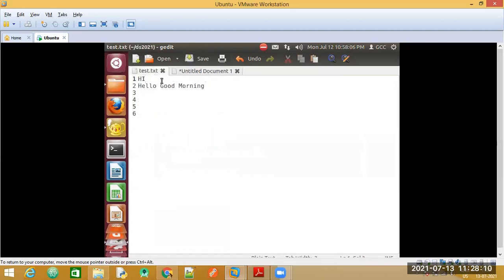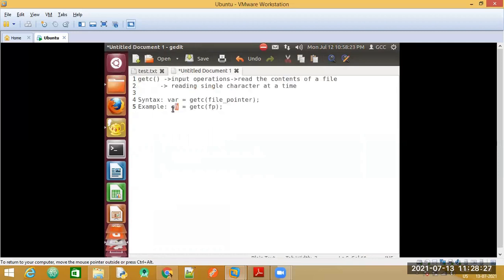Then we have the new line character, because after writing hi we pressed enter and wrote the next statement on the second line. The new line character is read, then again h is read and stored in ch. So the getc function helps us read a single character from a file.